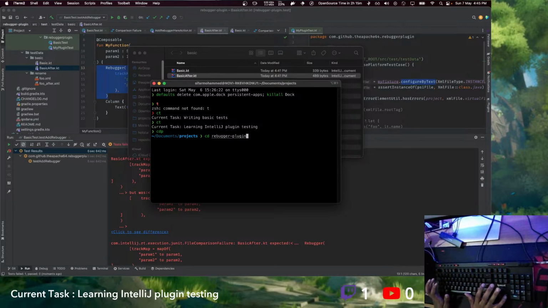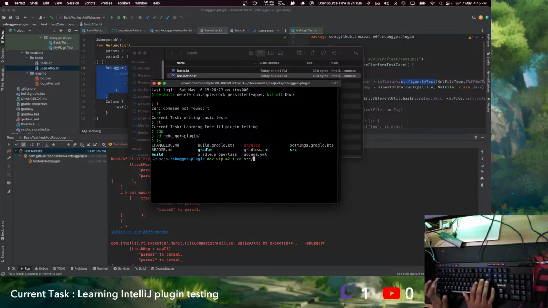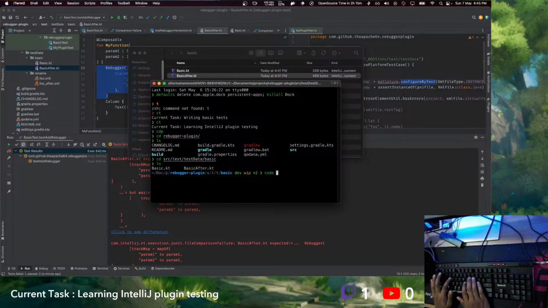Rebugger plugin tests. Oopsie. Yeah, source test data. Wait, it's test data, and it's gonna be under basic, and there is our basic, and basic after .kt